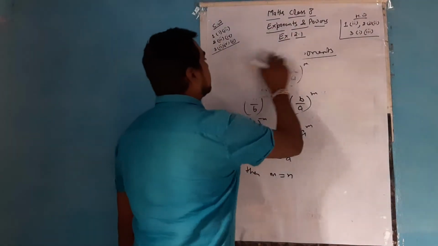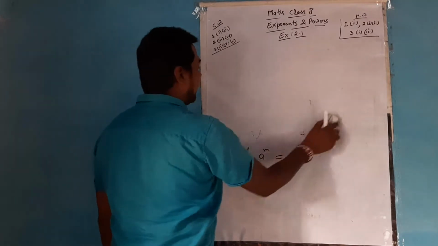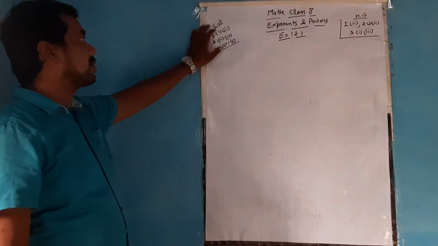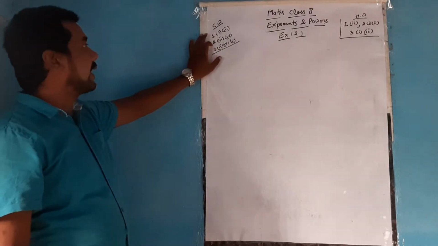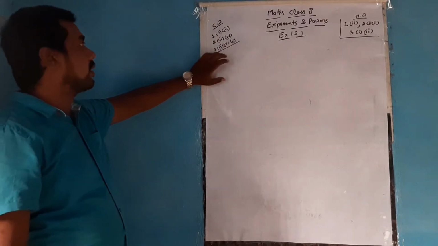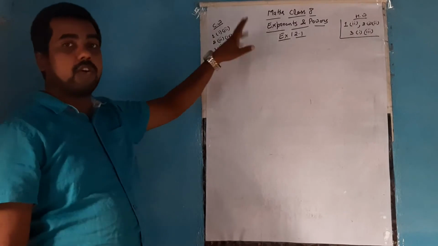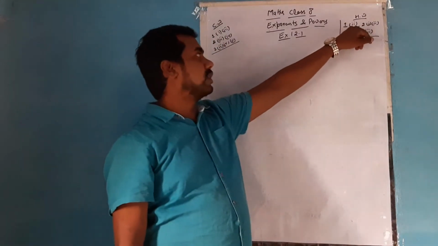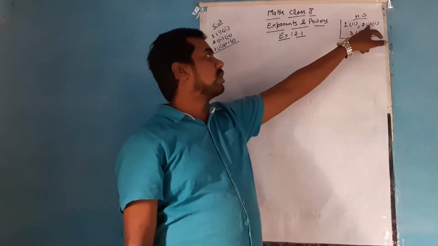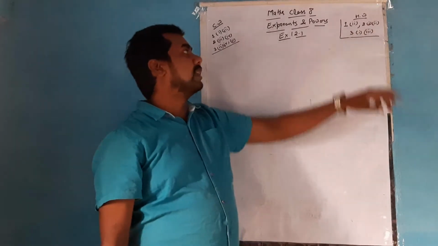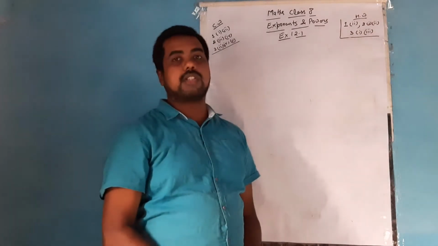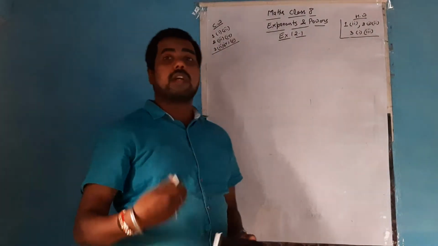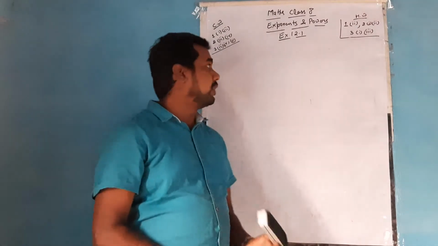So here are some questions for the same. It is given that classwork is first question, first and third; second question, third and fourth; third question, second, fourth and fifth. Already given in your syllabus also. And the homework part is the first question's second part, second question's first and second, and third question's first and third. So these all are homework. For today we will solve till question number 3. The rest will continue in the next video.